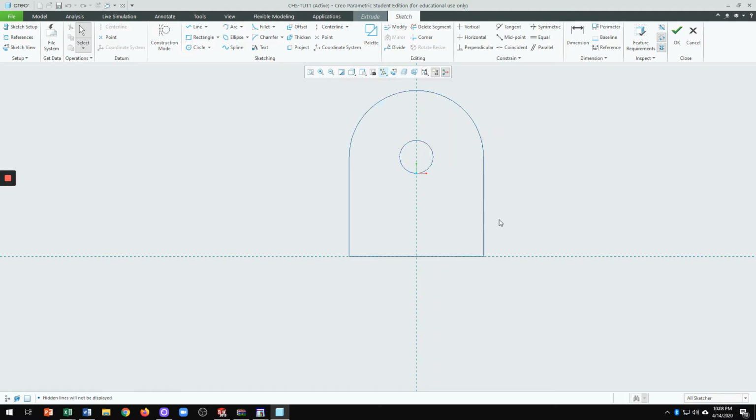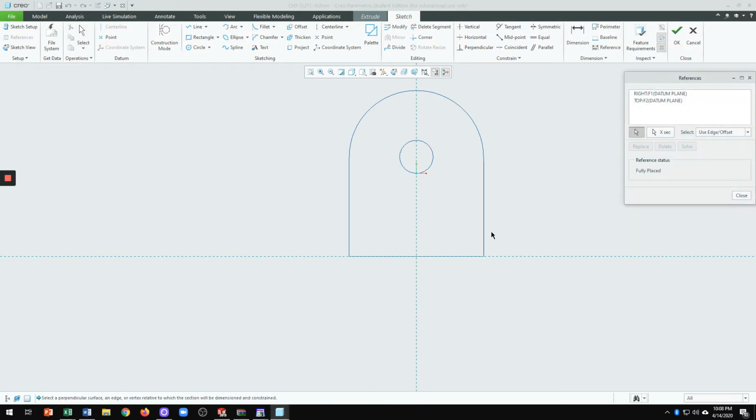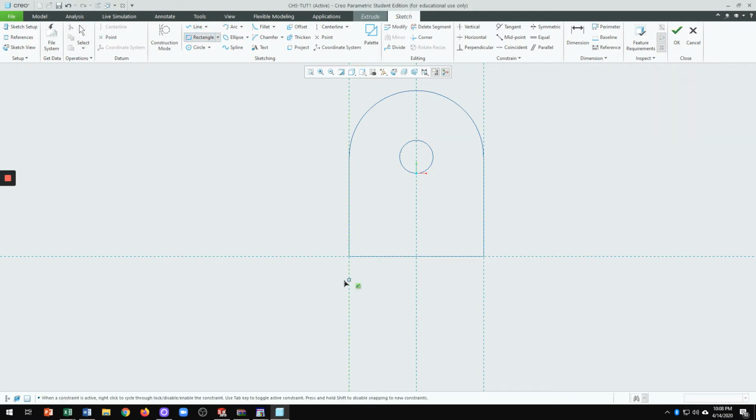and then if I create a rectangle in here, it's going to snap, okay, no problem, it's snapping to that. Otherwise, you have to put the reference line in here, okay? So let me just do this. This here is reference, or you just right click and you say reference and click on this edge and this edge, and then you say solve, close,